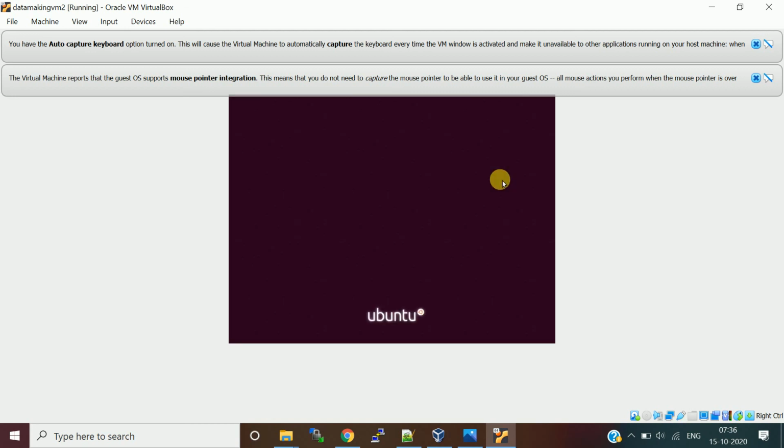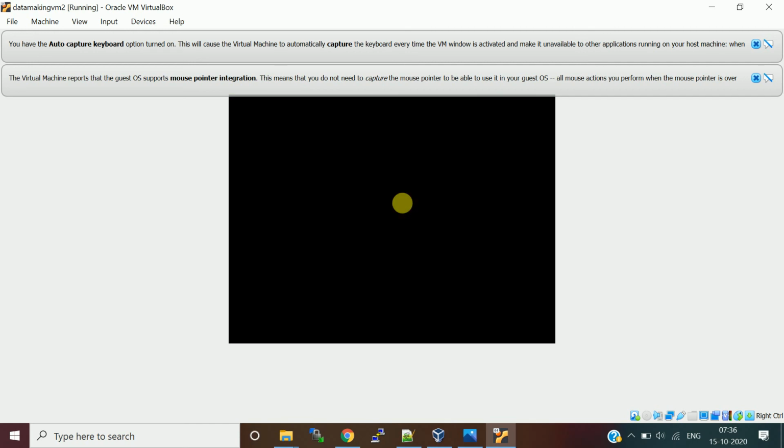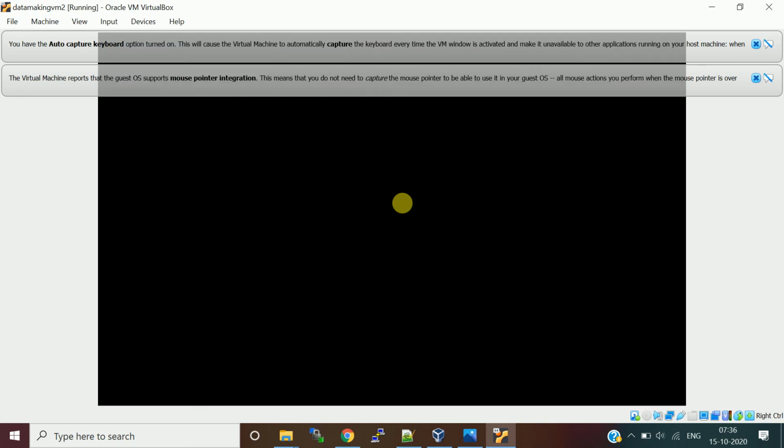I will log in with the user data making, the password is also the same. Let me close all this.